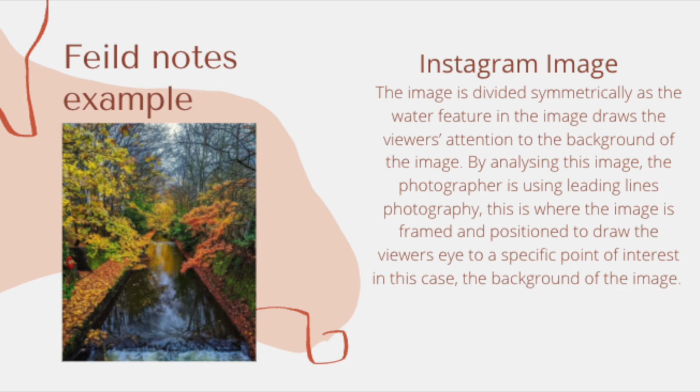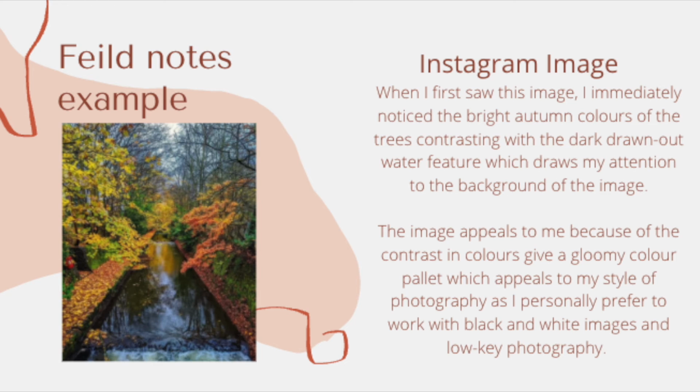By analysing this photo, the photographer is using leading lines. This is where the image is framed and positioned to draw the viewer's eye to a specific point of interest, in this case to the background. When I first saw this image, I immediately noticed the bright autumn colours of the trees contrasting with the dark, drawn-out water feature, which draws my attention to the background of the image. The image appeals to me because of the contrasting colours, giving a gloomy colour palette, which appeals to my style